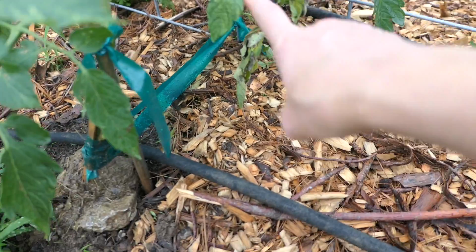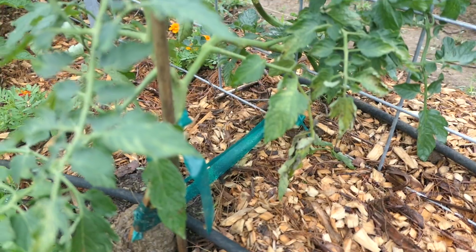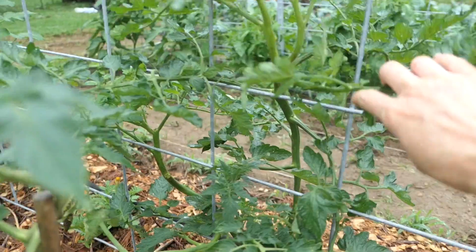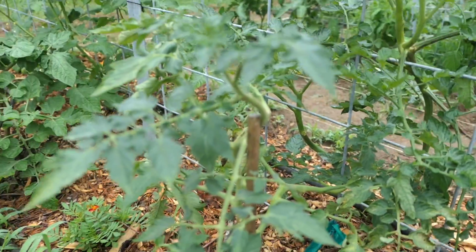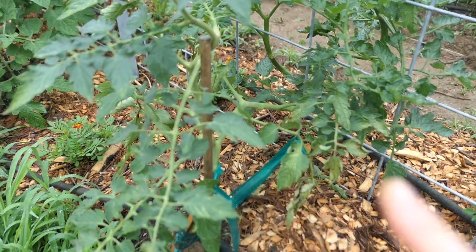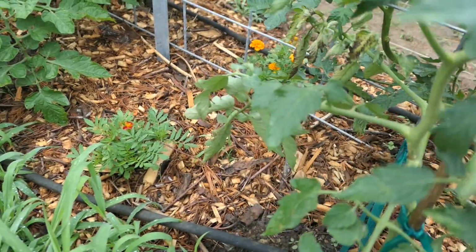The leaves were all looking like this for a few days, and I was a little afraid it wasn't going to make it. This is actually that tomato plant over there coming over. And I probably next time, lesson learned, I will stagger the tomatoes instead of putting them right across from each other. But anyway,